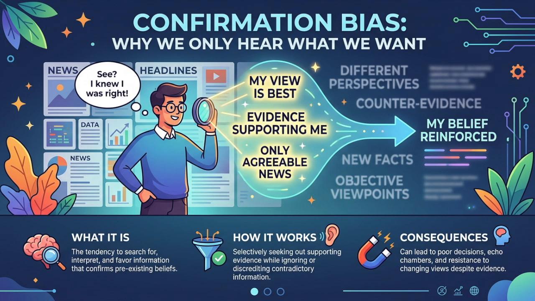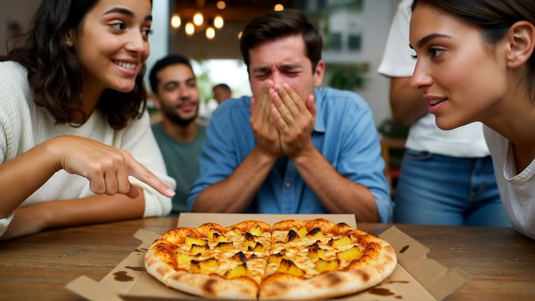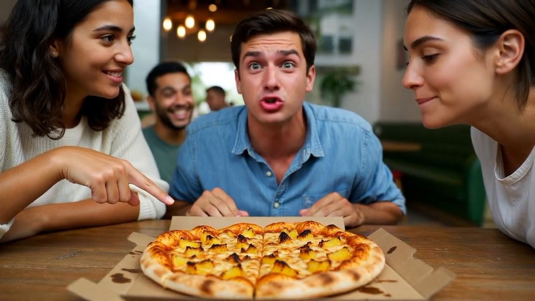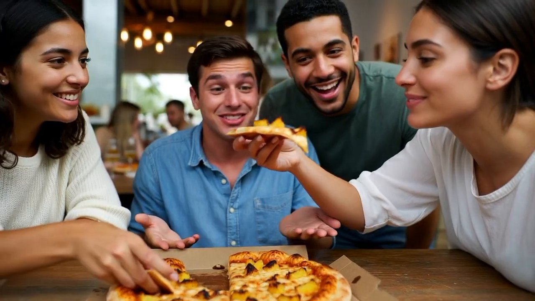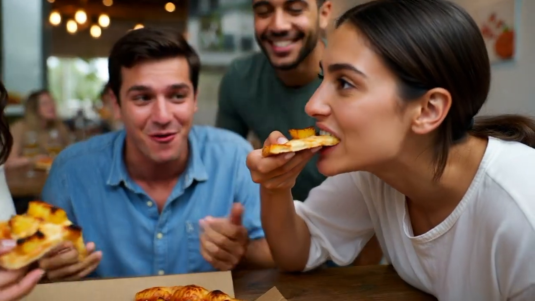Confirmation bias, just as the name sounds, is our tendency to seek out, favor, and remember information that confirms what we already believe. So if you like pineapple on pizza, and all your friends like pineapple on pizza, chances are you're going to think a lot of people like it. But you also ignore evidence that challenges our views. Plenty of people don't like pineapple on pizza. That's okay. So that's an example of a confirmation bias.